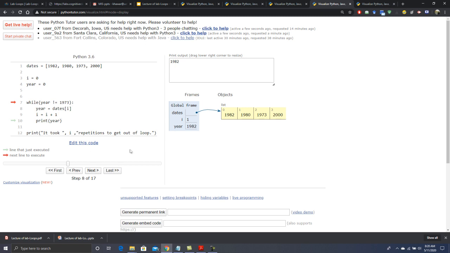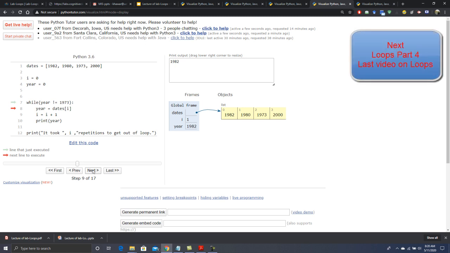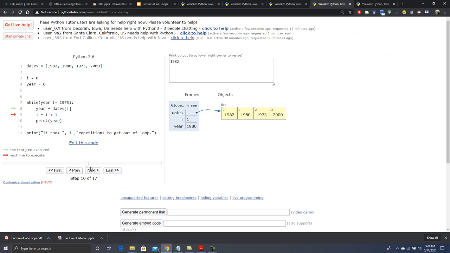Again, air equals dates of I, which is 1980, the second one, and I equals I plus 1. I is 1 now, then it will move to 2. I will get to 2 and then print air, 1980. Then next